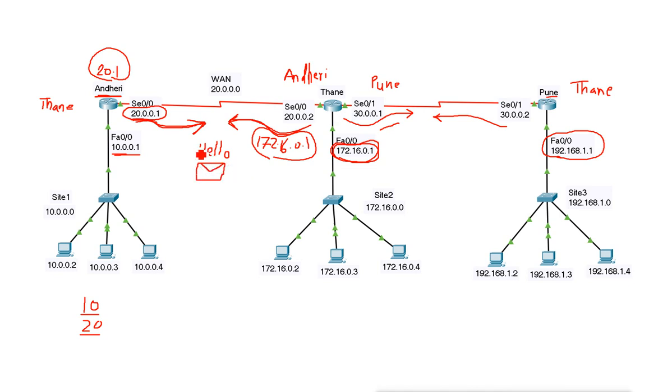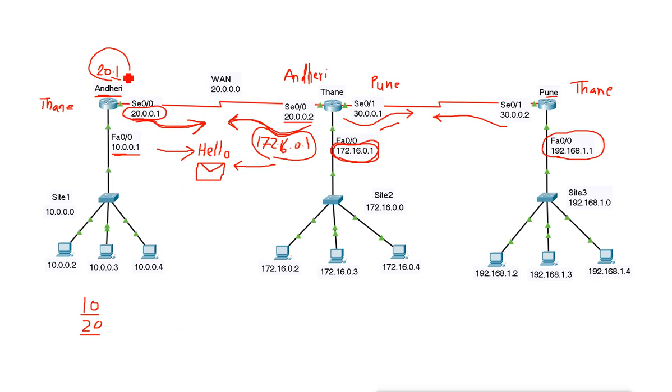Start sending the hello packet, that means this router sends to this router, and this router sends to this router, because we configured this network, so it enables the routing on these networks, these interface IPs. And when they send the hello packets to each other, in these hello packets they have the information about themselves. Now what information do they have and what is required?